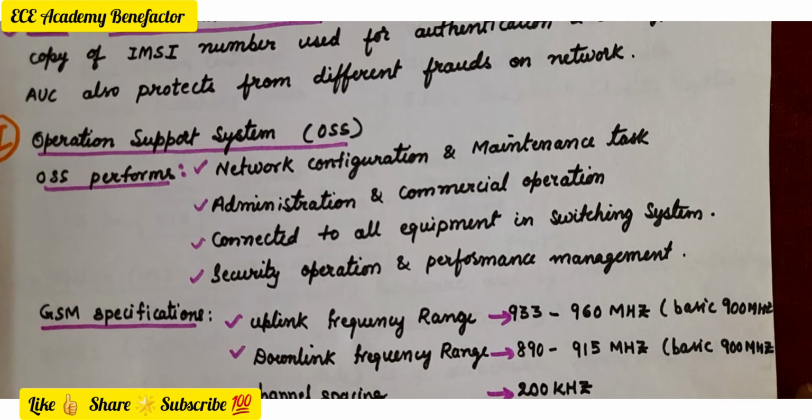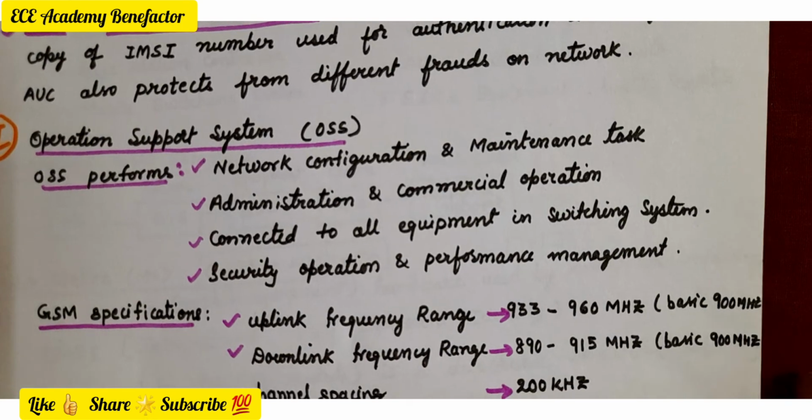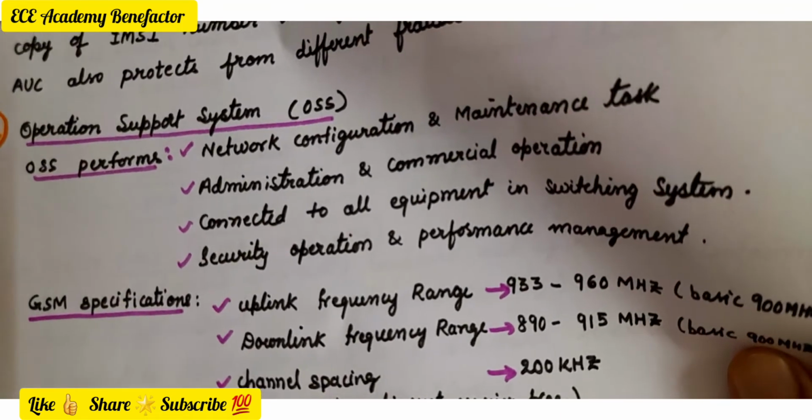Okay, so it is very easy to remember GSM architecture. Mobile station, BSS, that is base station subsystem. The next section is network switching subsystem, and then the last one is operation support system, that is a public network. So, what are the specifications before the conclusion of this architecture?